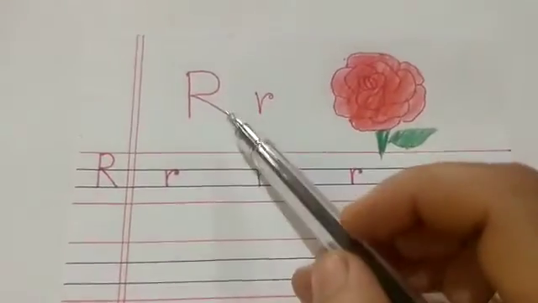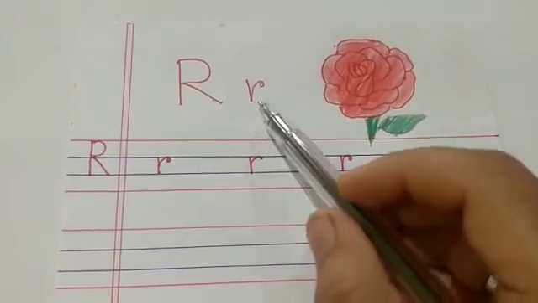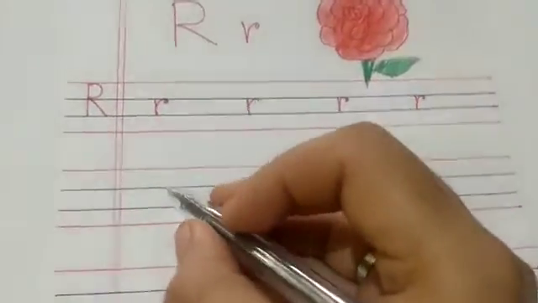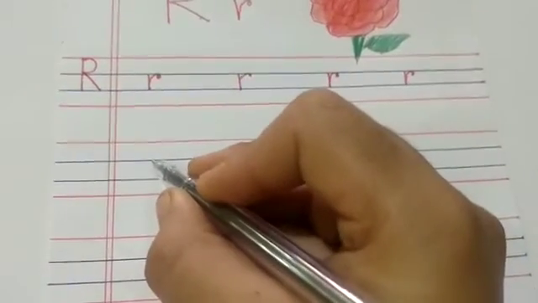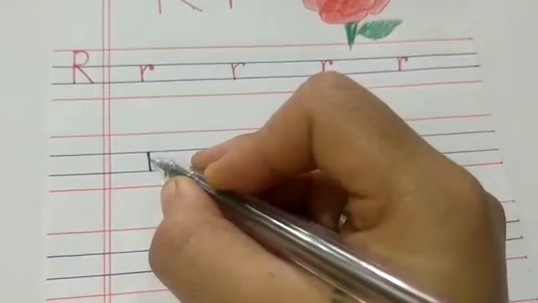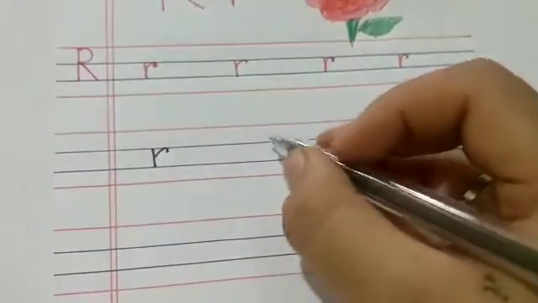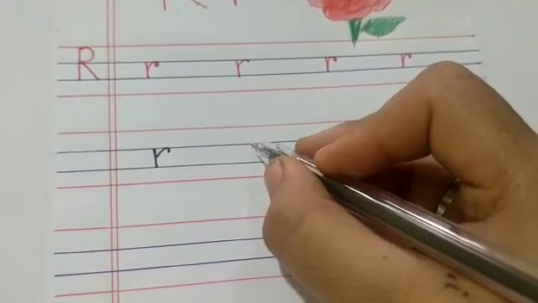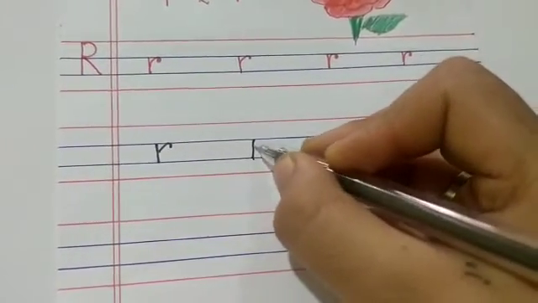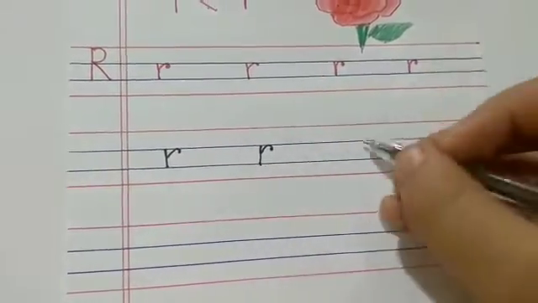And the next we are going to learn today is R. We are going to learn small r. R for Rose. So let's see how I am writing small r. We'll make a standing up line, small line between these blue lines and then again go to the middle and then make a small arc. We will start from the top blue line, make a small standing up line till touching the bottom blue line, again go to the middle and make an arc. This is small r.